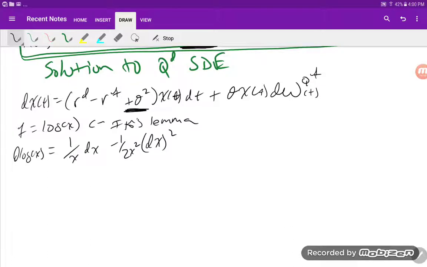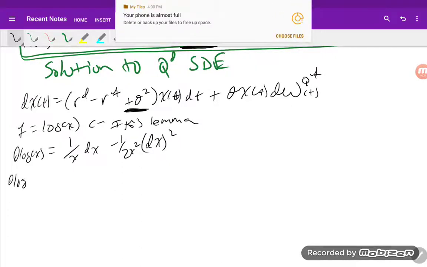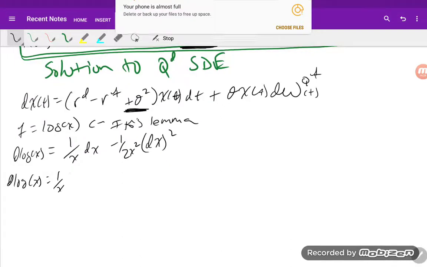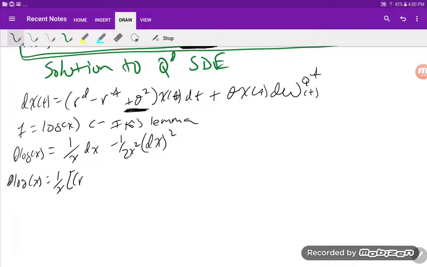Again, we have dx, so let's fill that in. d log x equals 1 over x times (rd minus rf plus sigma squared) x dt plus sigma x dW^QF at t. So we see that again the x's cancel, and then we're going to have minus 1